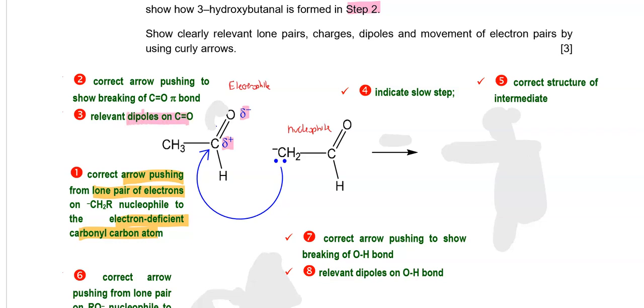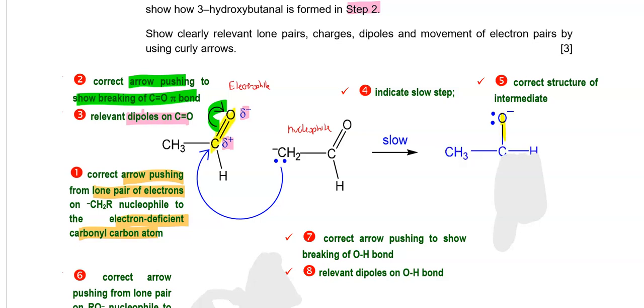And then you show your CO bond breaking. That's a classic nucleophilic addition mechanism, first step. And this step is a slow step. So that's point number 4. The intermediate will have an O minus. That's a result of this CO bond breaking. So just let me color code for you. This C double bond O here. And then you attach this entire purple fragment